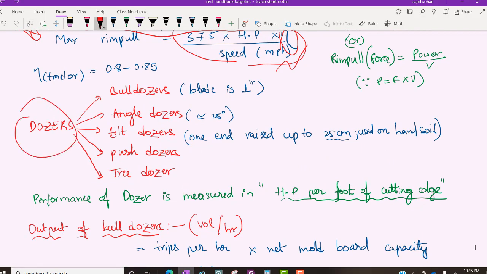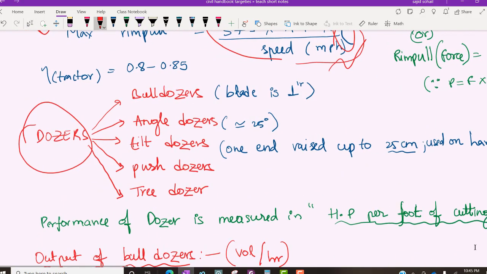Next let us talk about the dozers. We have different types of dozers, especially to clear the land we will be using these dozers, right? So the first one is bulldozer. In this, if we have a vehicle something like this, यहाँ पे blade रहेगा. The blade will be perpendicular to the direction of motion, right? Similarly we have angle dozers where the blade will be attached at a certain angle, like 25 degrees. इससे क्या होगा, all the waste will be accumulated on this side only. ये side पे waste नहीं accumulate होगा. I hope you got it.